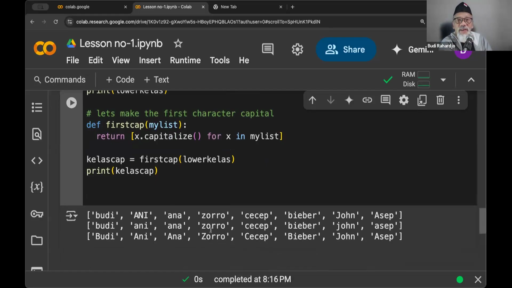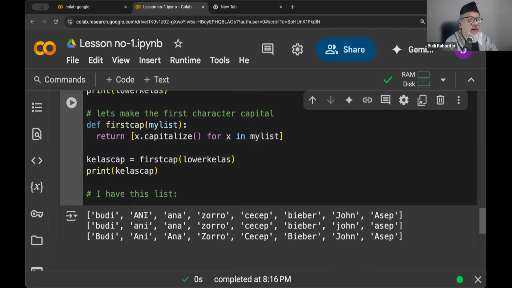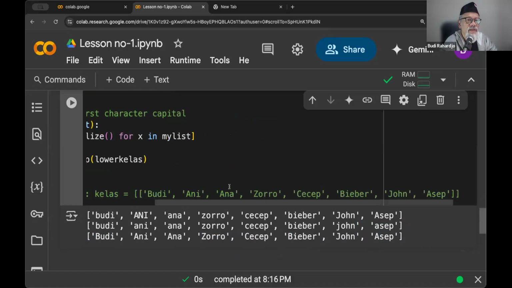What you can do is talk to ChatGPT, and say, I have this list, class equal, and then you put this, and then you put that one, and then you say, how do